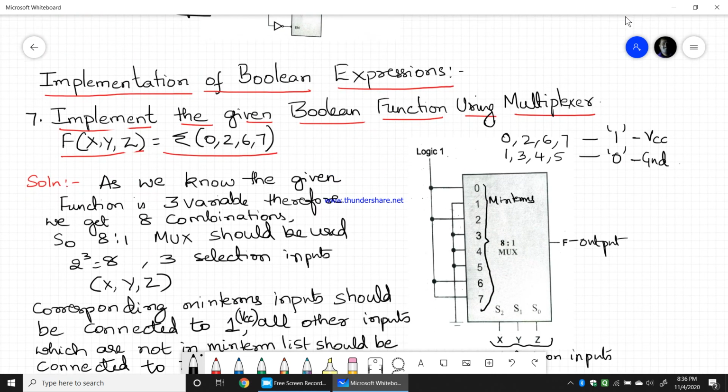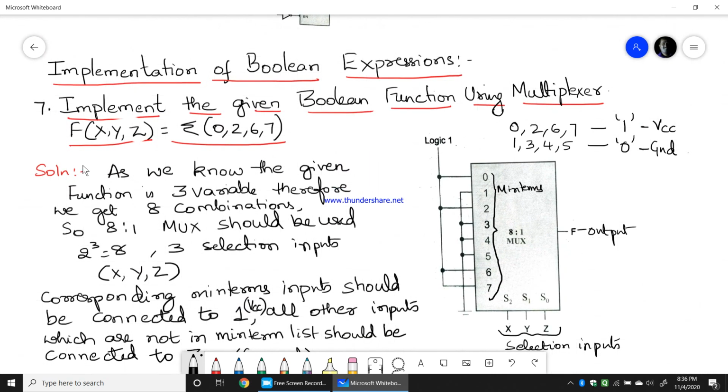Okay, next discussion in multiplexer is implementation of Boolean expressions. How to implement Boolean expressions using a multiplexer. It's very simple. Boolean expression implementation is very simple. Now implement the given Boolean function using multiplexer, where f of xyz equals summation m of 0